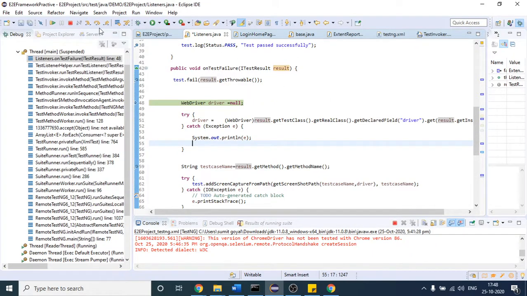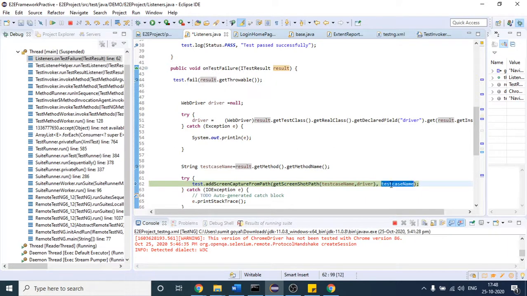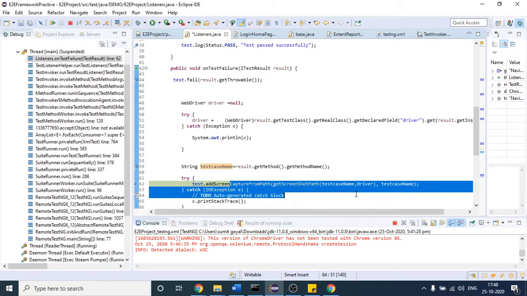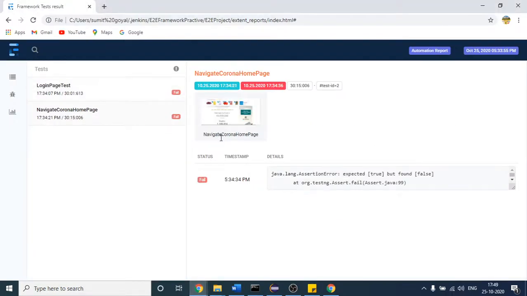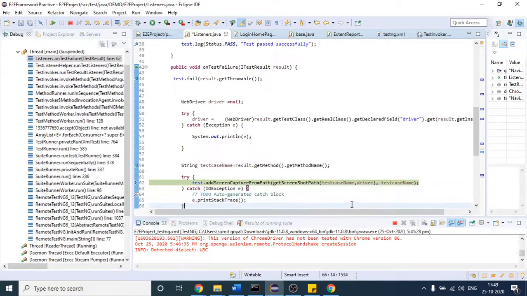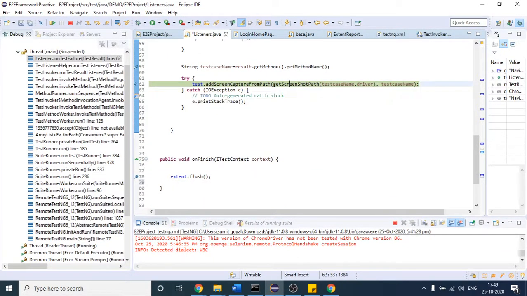And if I come down, this is my test case name, the failed one. This is my actual test case name, right? It will place that test case name here, and once I take the screenshot, that screenshot will come here with this name, because I am passing the actual test case name in this variable with the help of result dot get method dot get name.